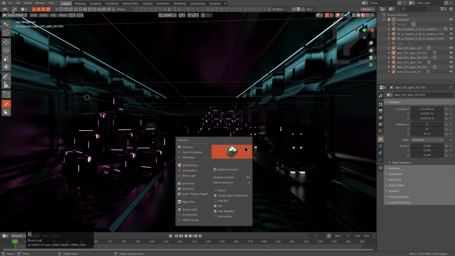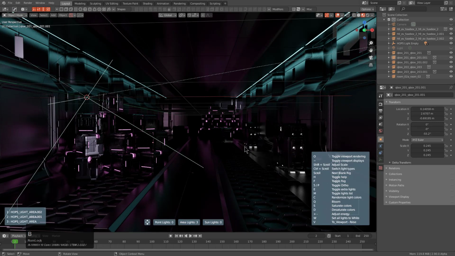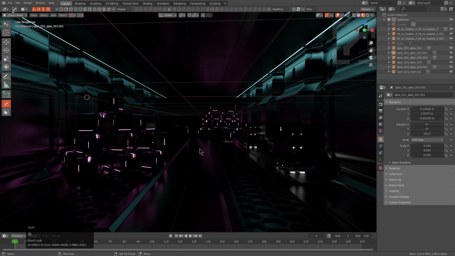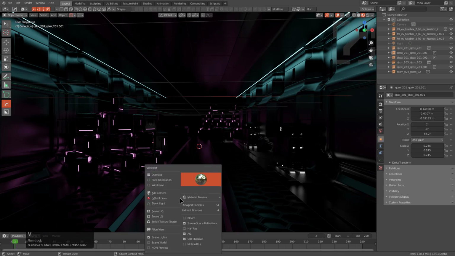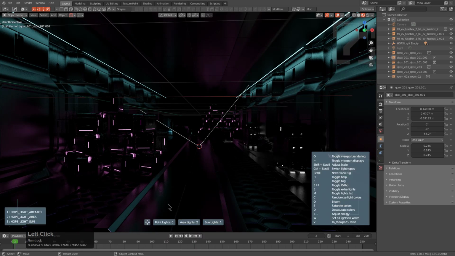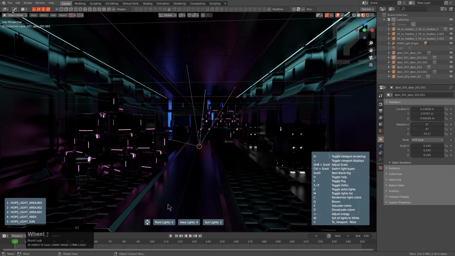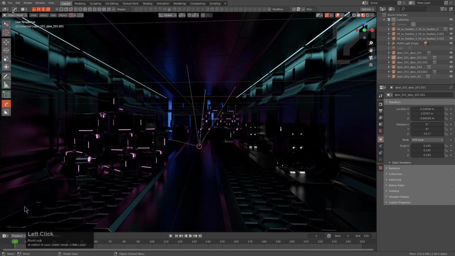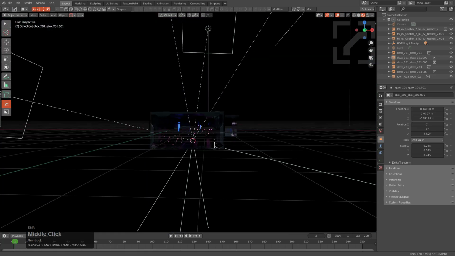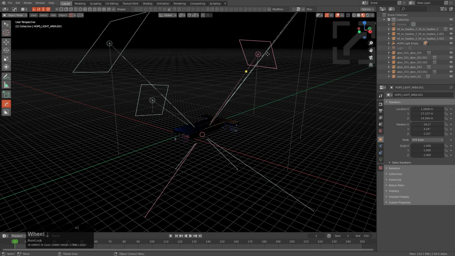So now I can press Alt-VB to just start scrolling through blank lights. However, I'm going to shift right click to place my 3D cursor here. So more than likely in the update of Hard Ops that you're using that'll be current, whenever you place your 3D cursor and you use blank light, it'll actually be orbiting around that location. So I'm actually just scrolling until I get a lot of area lights,